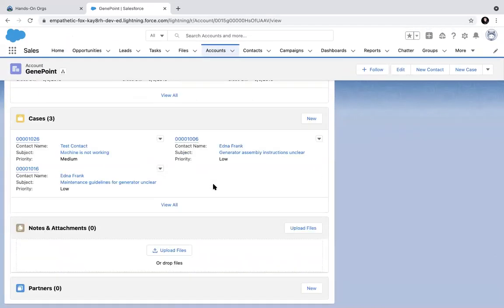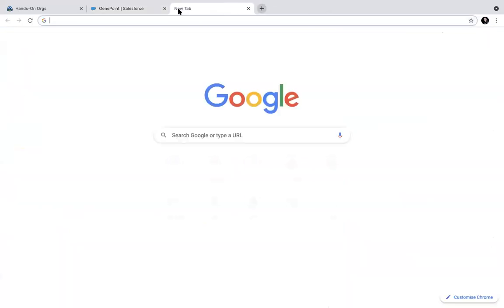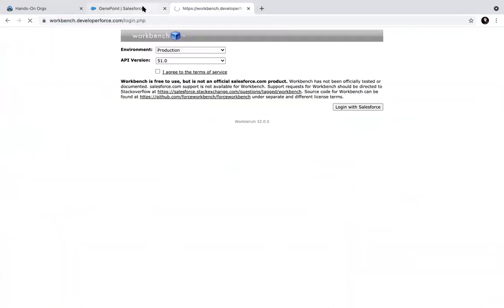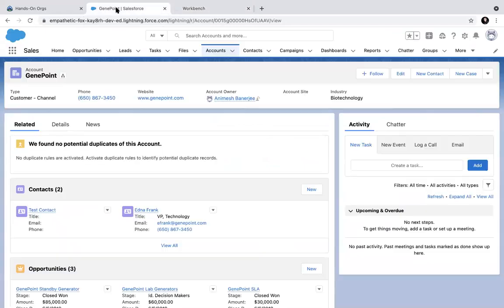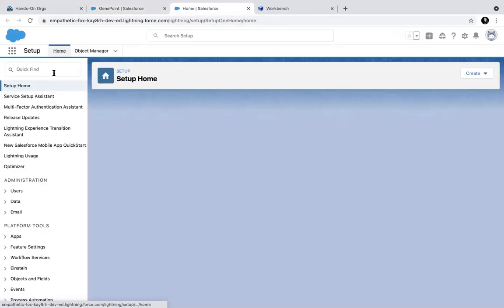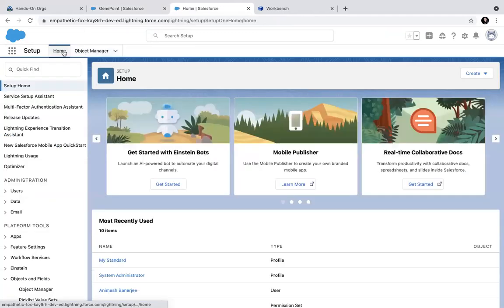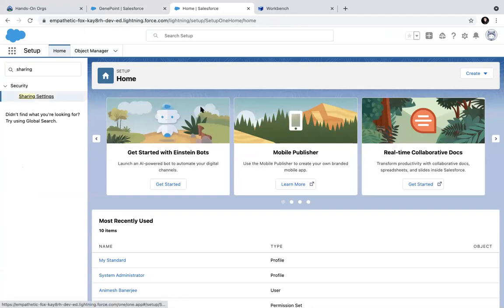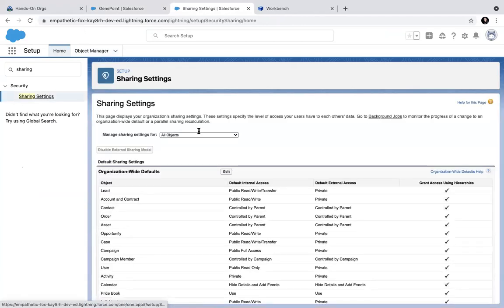I will also see the workbench at this point. First I will see what the OWD is set to right now on account. See, account is set to public read write.